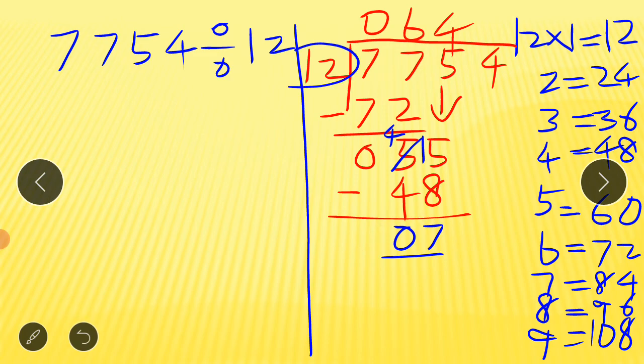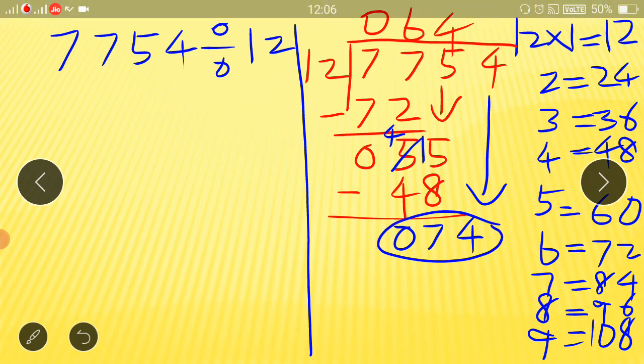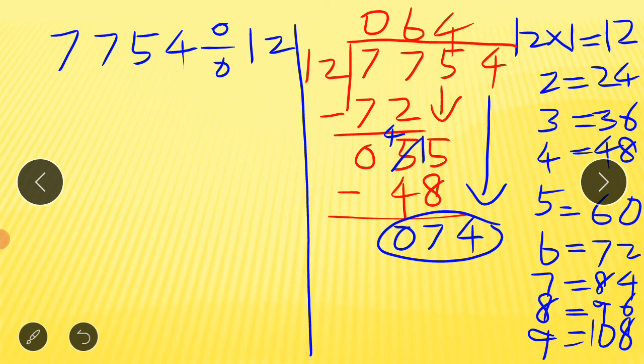So check with the divisor whether the remainder is smaller. Yes, 7 is smaller than 12. So the next step, bring down the next digit beside the remainder, then it becomes the fresh number. So now 74. The fresh number only we will be checking in the product column. Check whether 74 is there or not. No, is it? 74 is not there. If there is 74, directly we can pick up the times. 74 is not there, so we need to see just smaller than 74. So just smaller than 74: 63, 72, 84. 72 only.